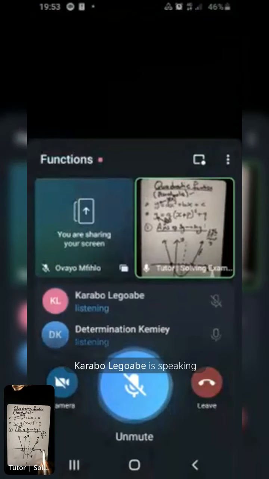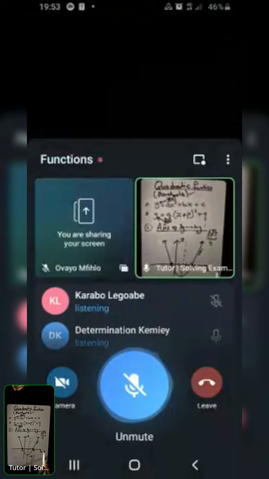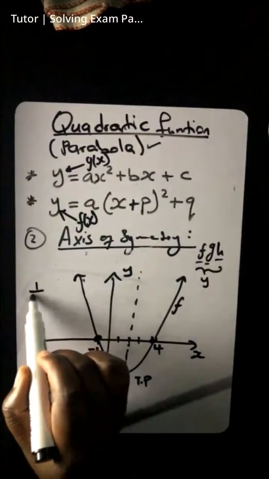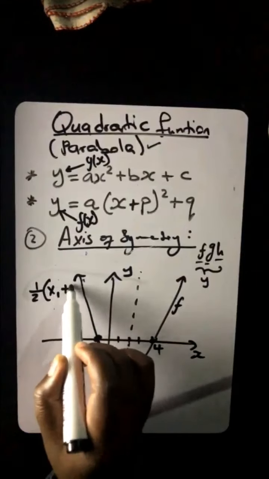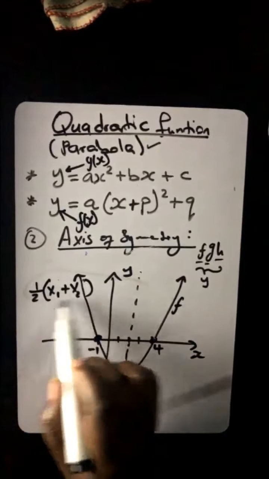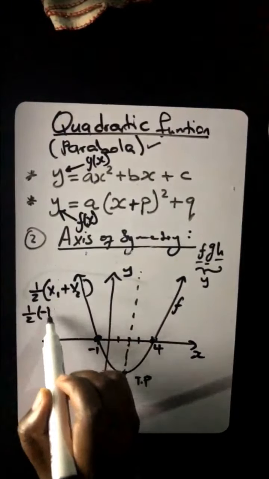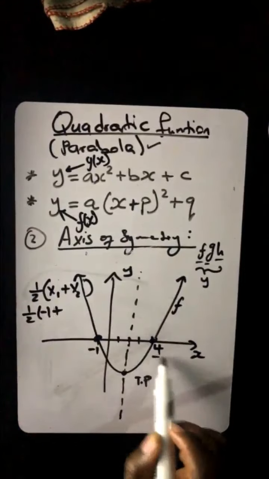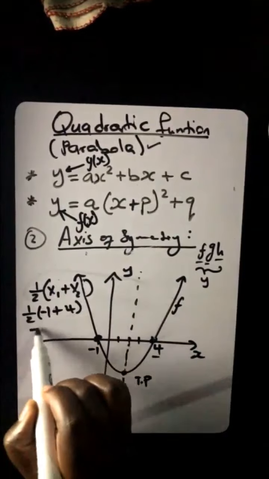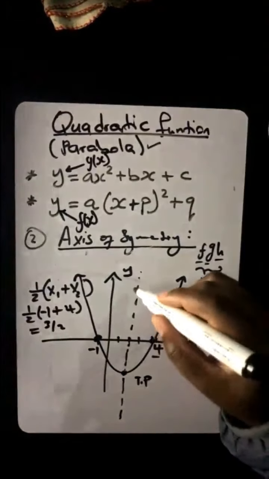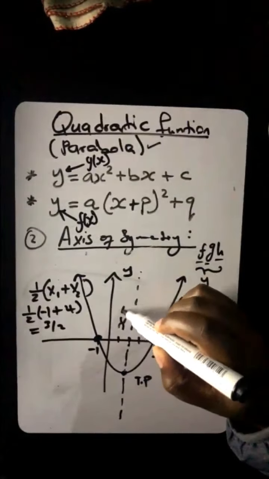Okay, it's fine. I'll just explain that. I'm glad you gave it a guess. So, ladies and gentlemen, halfway between these two points is the midpoint of these two points. So halfway is half of x1 plus x2. You can punch all of this on your calculator. So you're going to have half of x1, which is -1, plus x2, which is 4. Whatever you get when you punch this, I think it's going to be 3/2. So your axis of symmetry is where x equals